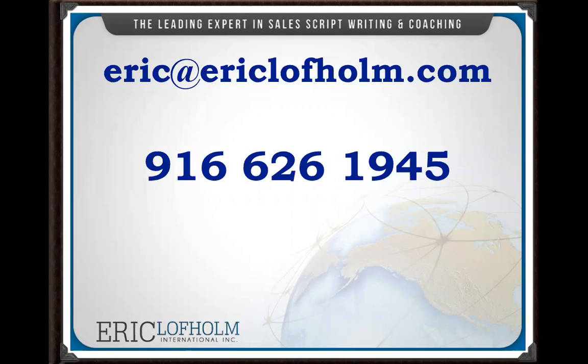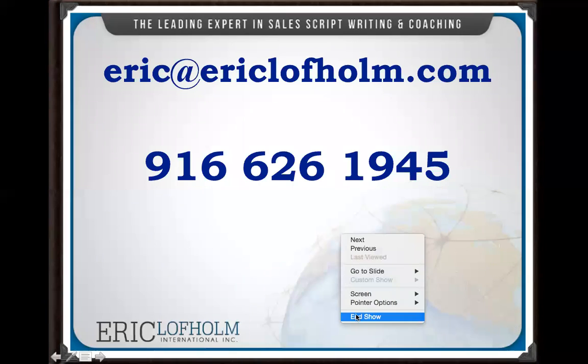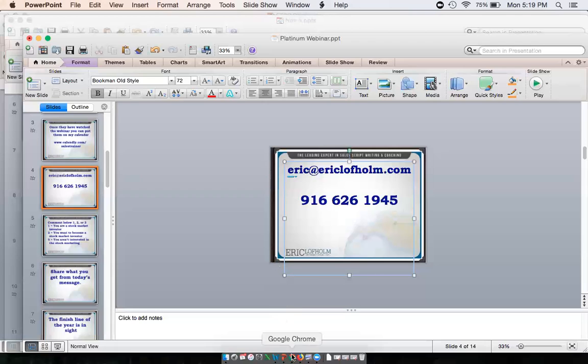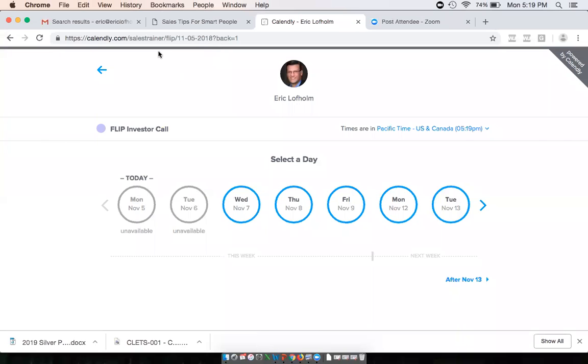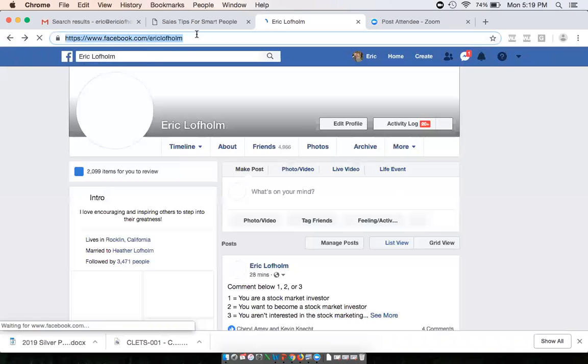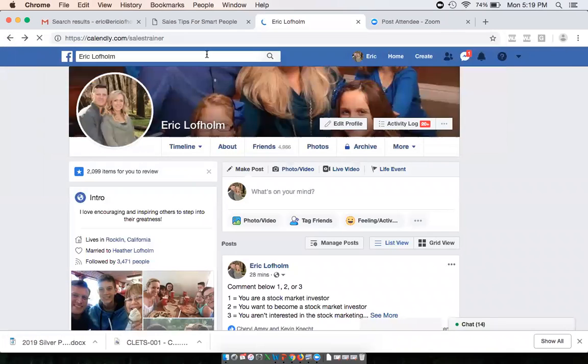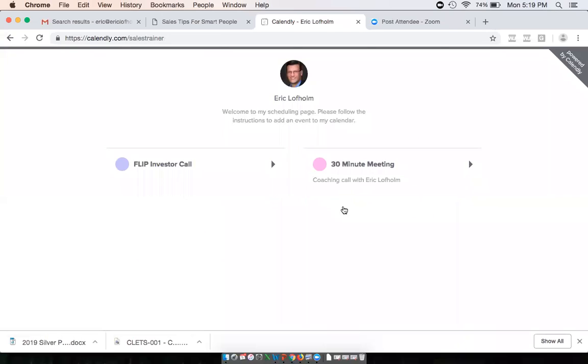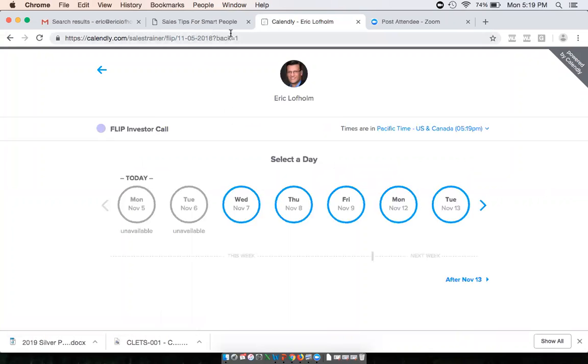Yeah. The way the link works, and I'll just pull it up and visually show this to you, is the generic Calendly sales trainer link goes to a landing page where it has a coaching call or flip investor call. If you click on the flip investor, this has its own flip landing page.